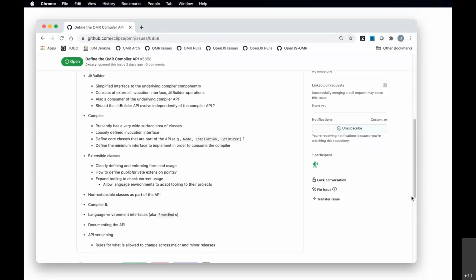Basically, they're trying to incorporate the compiler into another runtime system and use it to generate code. Some people are trying to implement new optimizations and they want to be able to test them in the context of the compiler lifecycle, an existing compiler lifecycle or runtime. Some people are trying to add a code generator and understand what they need to do in order to add a code generator for a platform that isn't currently supported.